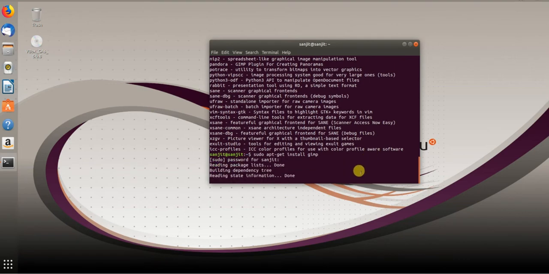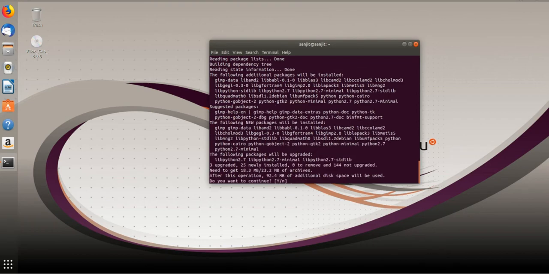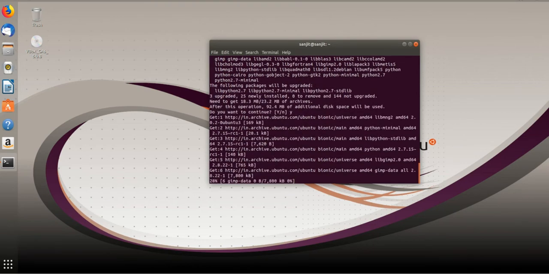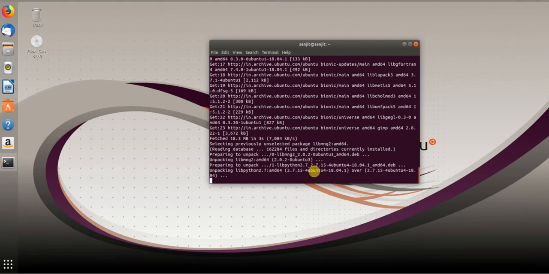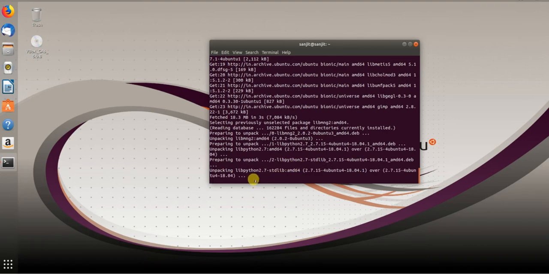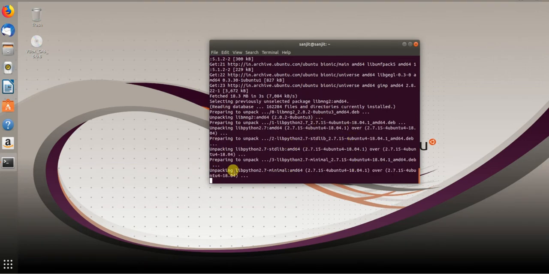You can see it started the installation. Hit Y for installation of any software. If it asks yes or no, hit Y. If you don't want it, N and enter. But I am doing Y and enter. It will unpack the packages.